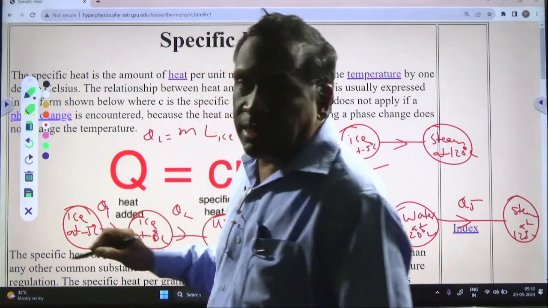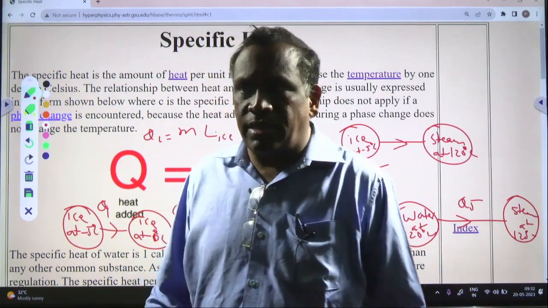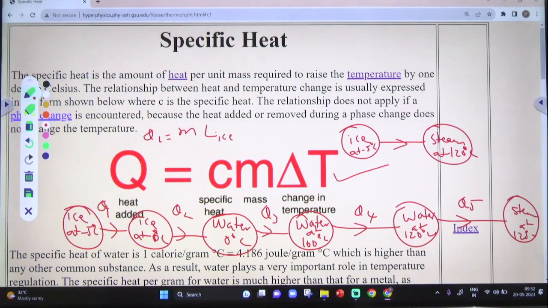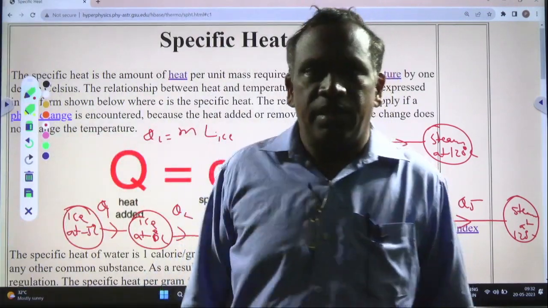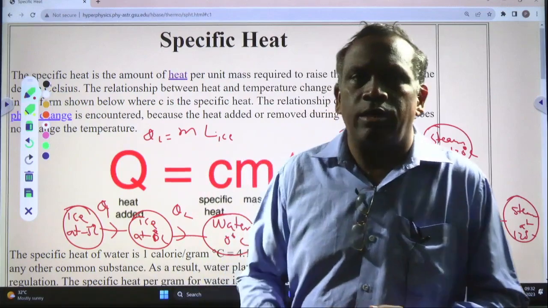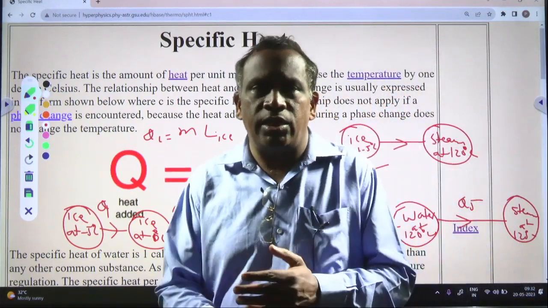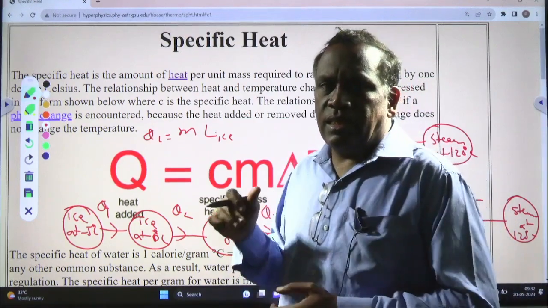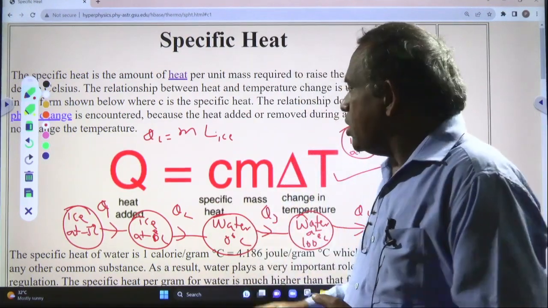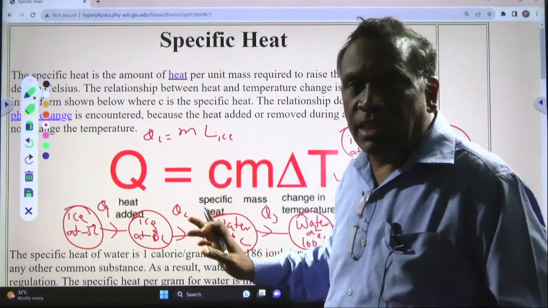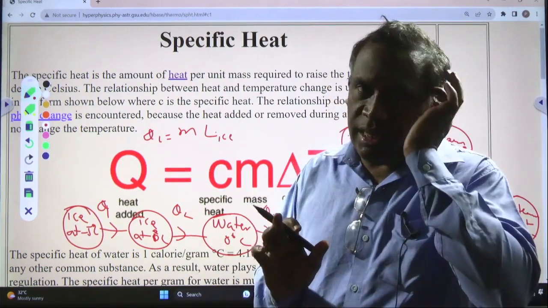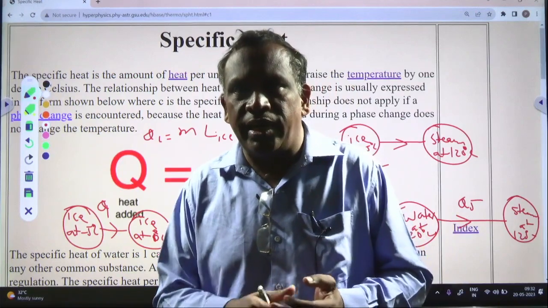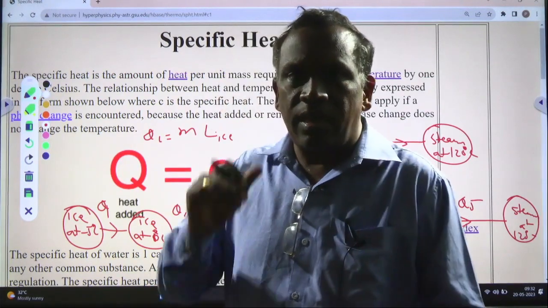What is latent heat of ice? Latent heat of ice is the amount of heat required to change its state from ice to water without raising its temperature. The latent heat of fusion of ice is 80 calorie per gram. That's a constant value. L ice is 80 calorie per gram. It means that if you take